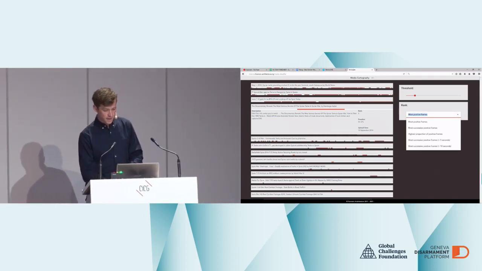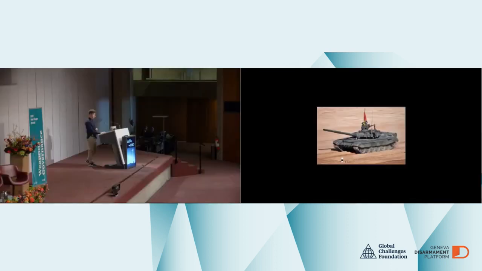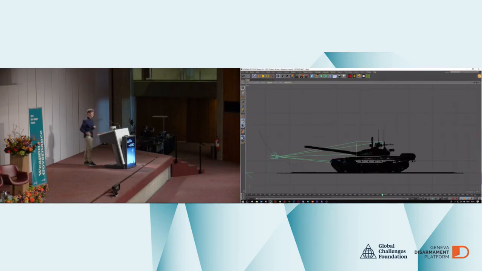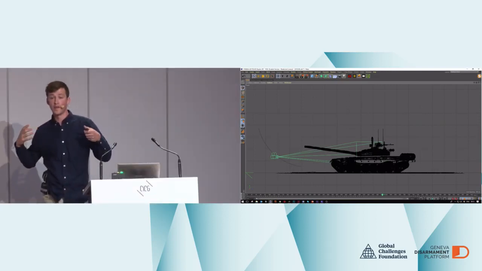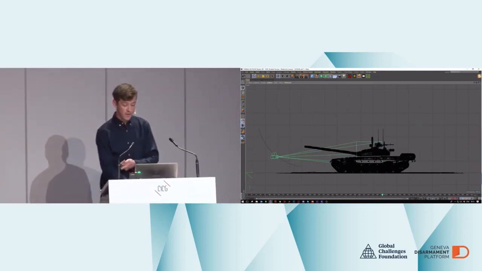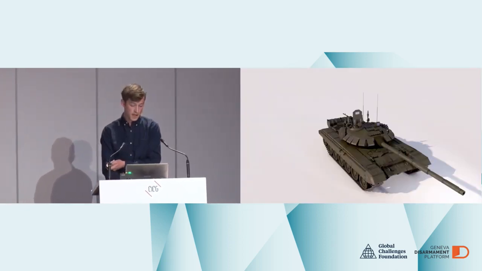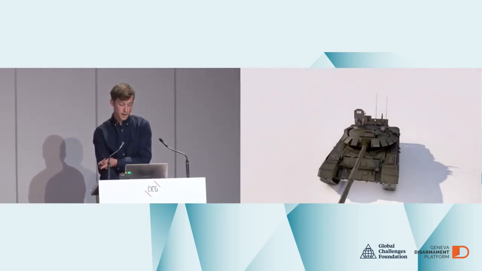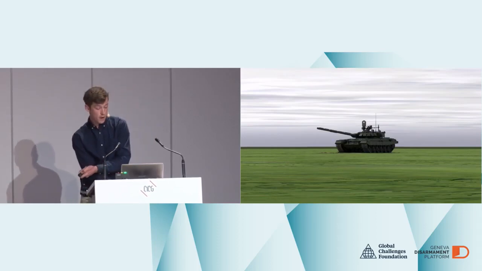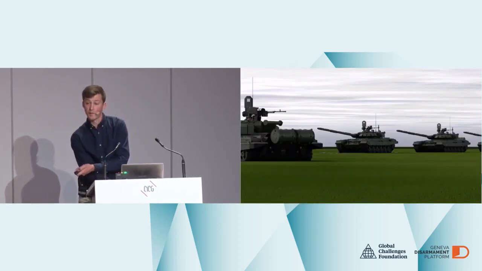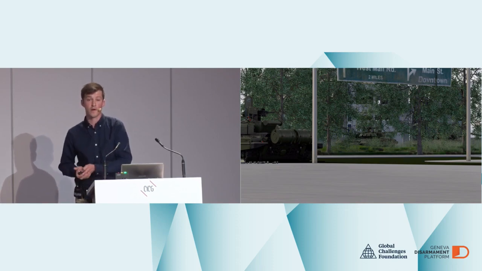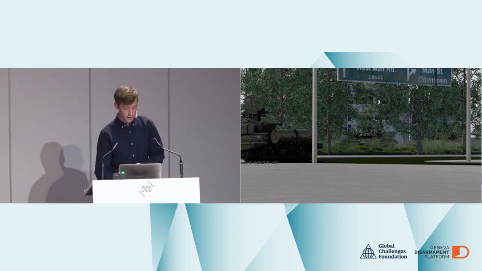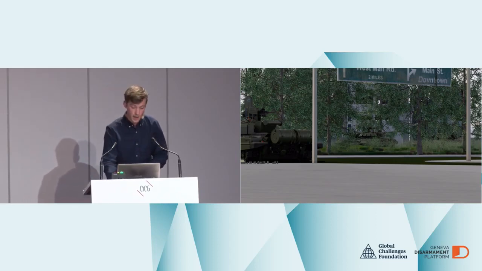So that's where synthetic image data comes in. We've begun to experiment with the use of synthetic image data to make up the shortfall. Now, that is to produce thousands of randomized images of the object in question, and we do that by developing digital models of these objects and then situating them in a given environment. So here we have a model of a Russian T-72B3 tank. We put it in a simple generic environment. We can add more objects. We can make denser environments that offer a larger challenge to the classifier. Obviously, the more we do that, the better trained it will be.